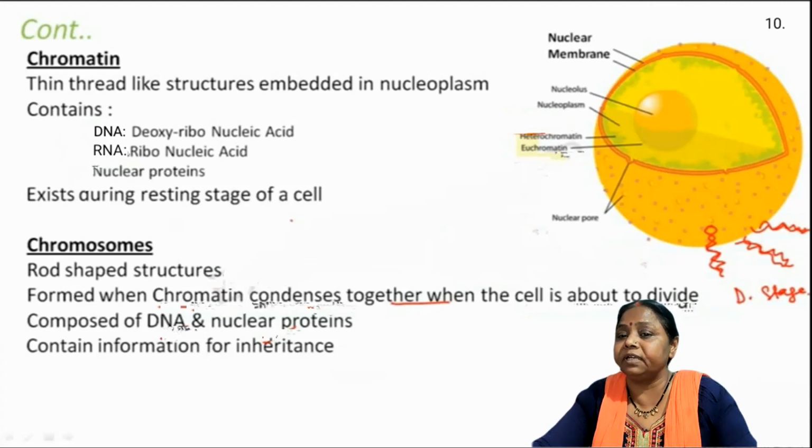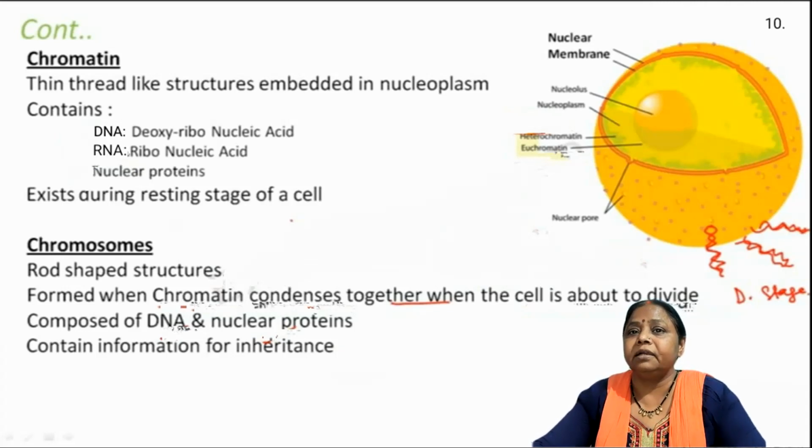It is composed of DNA and nucleic protein and it contains information for inheritance। ये आपको क्रोमैटिन एंड क्रोमोसोम के डिफरेंसेस हैं जो आपको जानना है।